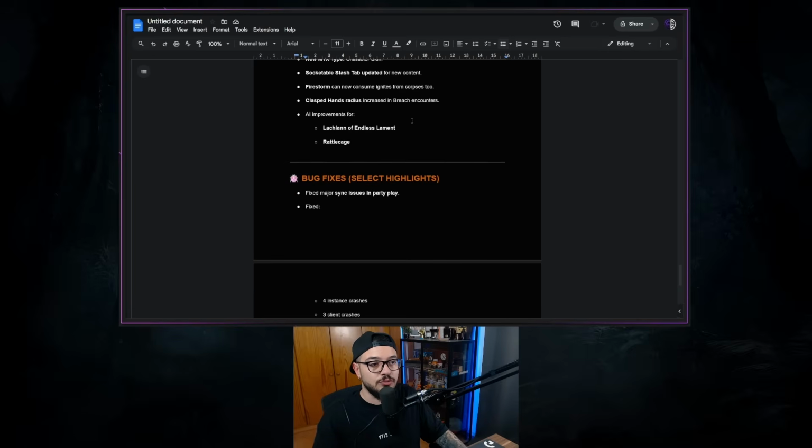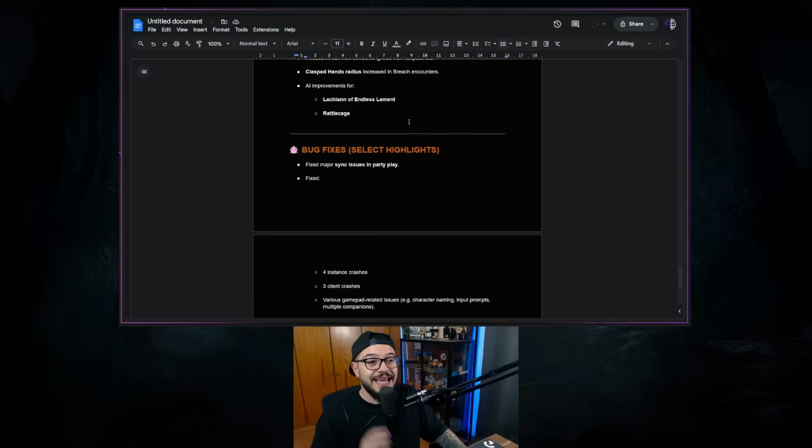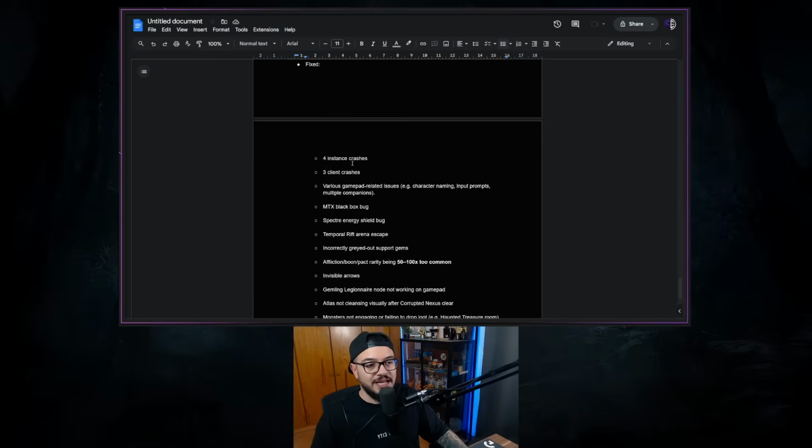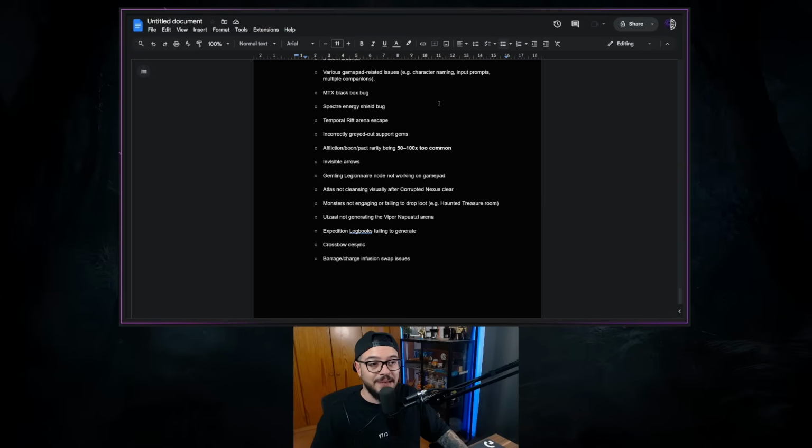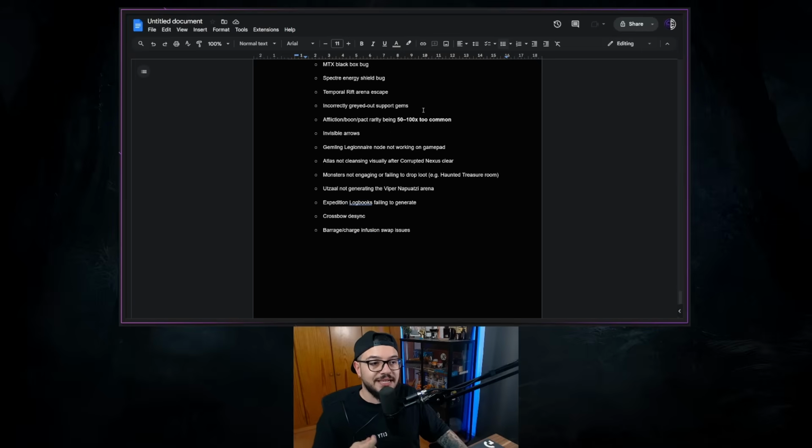Firestorm can now consume ignites from corpses too. Clasped Hands radius increased in breach encounters, really good stuff. AI improvements for Laklan of Endless Lament and Rattle Cage. They fixed 4 instant crashes, 3 client crashes, various gamepad related issues such as character naming, input prompts, and multiple companions. They fixed the MTX black box bug, Spectre energy shield bug, temporal rift arena escape, incorrectly grayed out